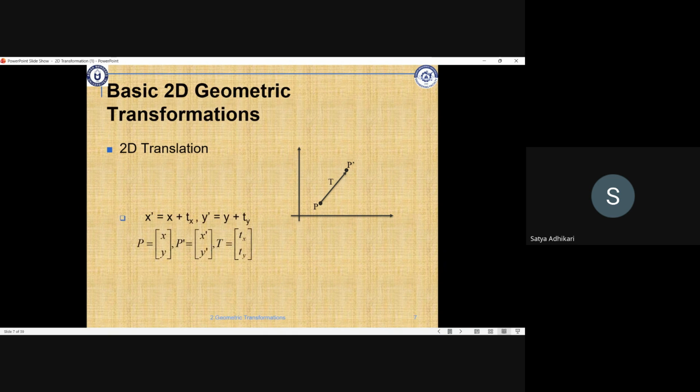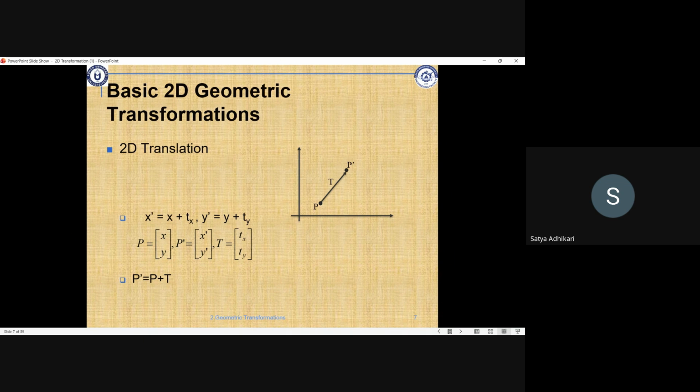You see, this is a 2 cross 2 matrix, P dash equal to P plus T. Initially, it was at P. And after applying the translation, now it is changed to P dash. So now I am able to change the position of a point to another point, P to P dash, using the translation